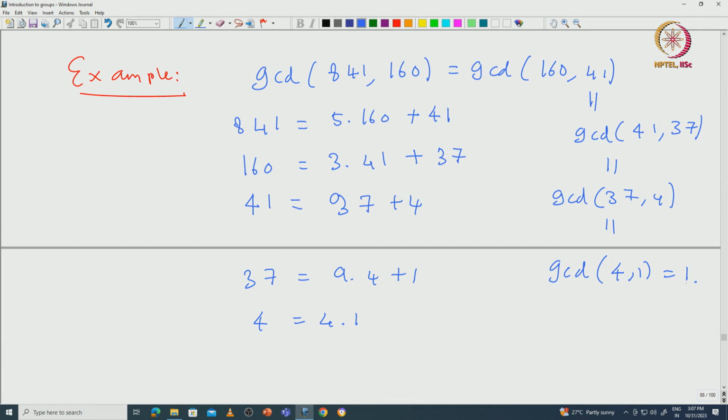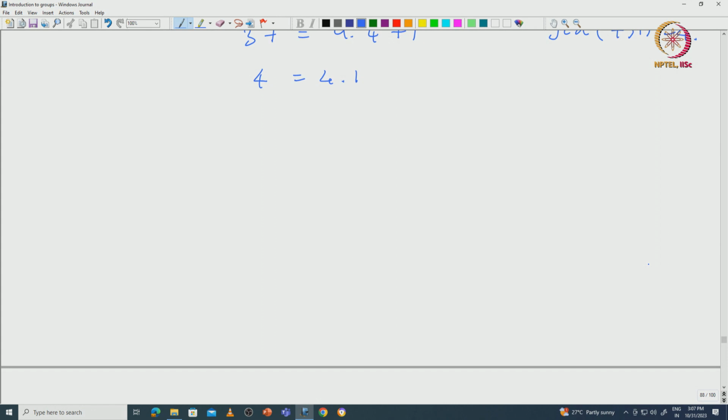So quickly this algorithm brings you down to small numbers so that you can actually compute this GCD. So this is, of course, a very important proof from the algorithmic point of view, but from the theoretical point of view, I will give you another proof which looks at all possible linear combinations of A and B and then picks something from that combination. Okay, and then the smallest possible positive integer in that combination will serve as your GCD. Okay, so here is the second proof.